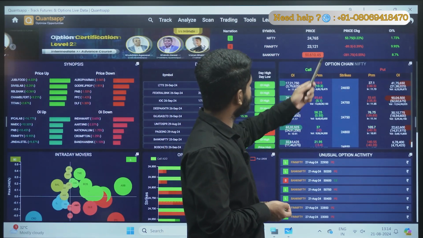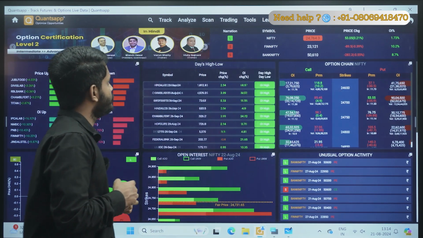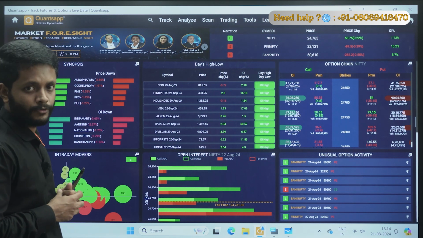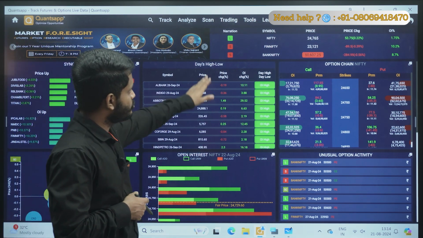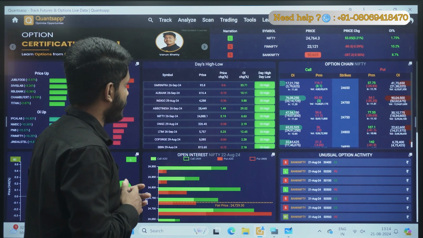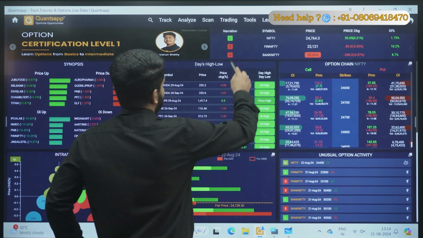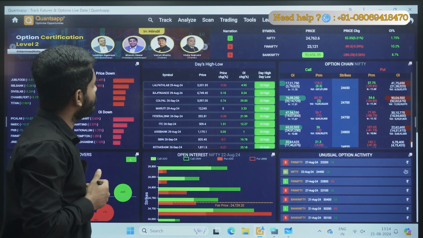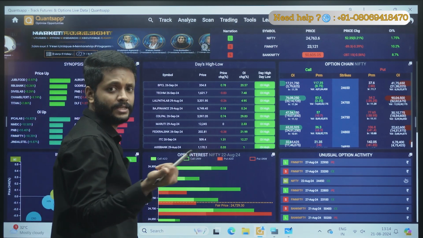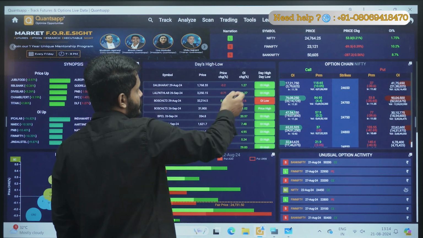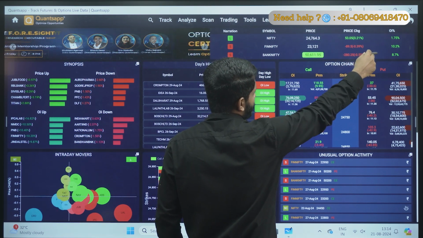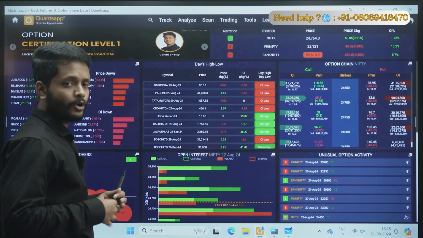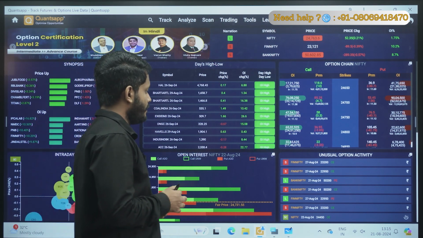On the top right-hand side, there is Nifty, Fin Nifty and Bank Nifty. All the major indices are given over here. This can give you an overall bird's eye view. The build-up is also mentioned over here. Currently Nifty is having a long build-up, Fin Nifty has a short build-up, Bank Nifty has a short build-up, and the price is constantly changing. Along with price and OI, everything is mentioned over here.